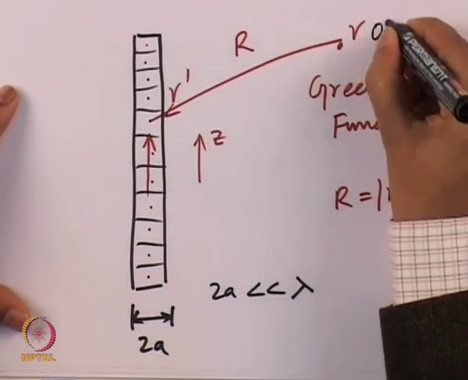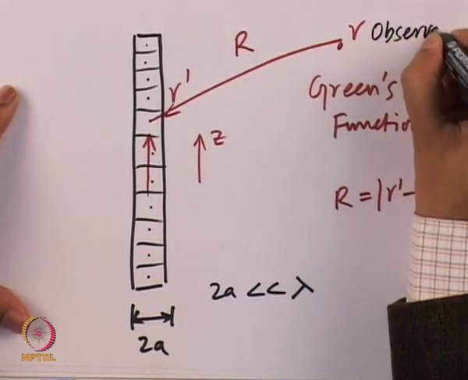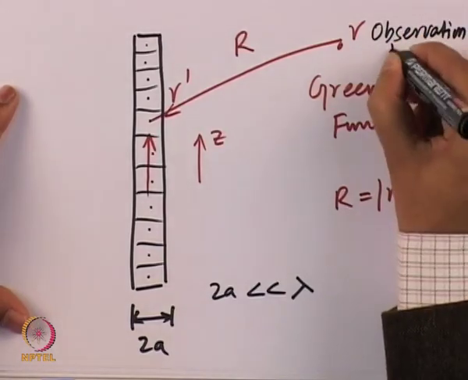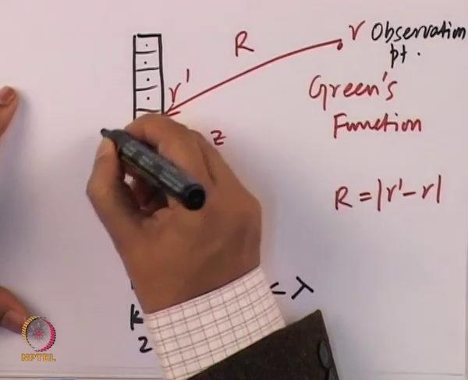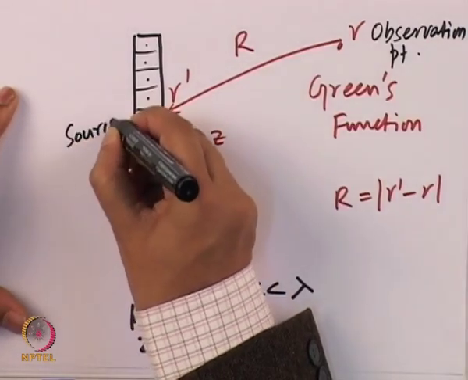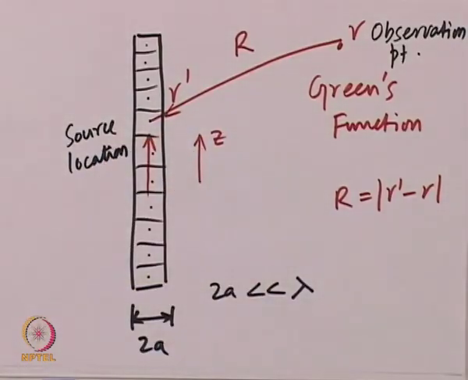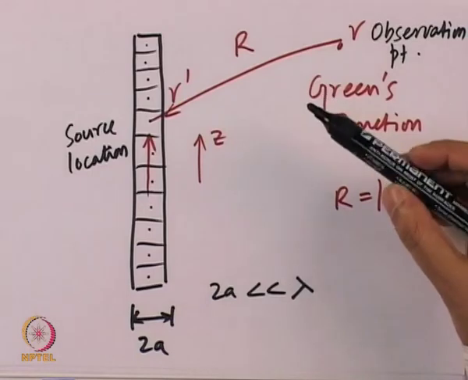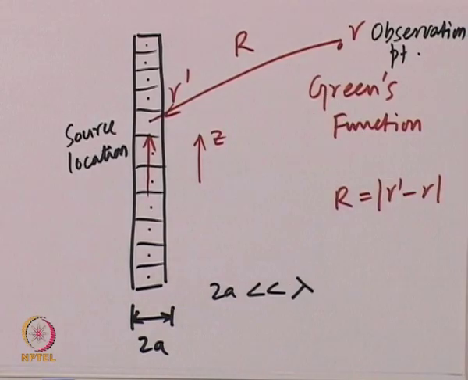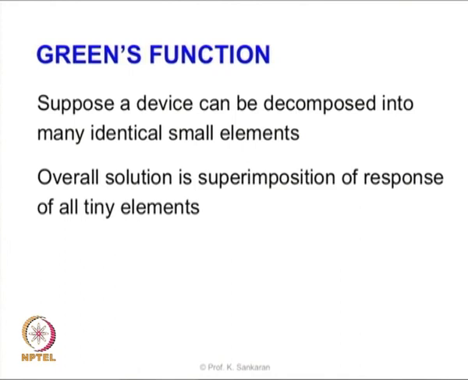So this is the observation point, and this is the source location. So what we are going to do now is basically compute the value of the field at this point due to this one. Essentially this is the idea behind the Green's function,